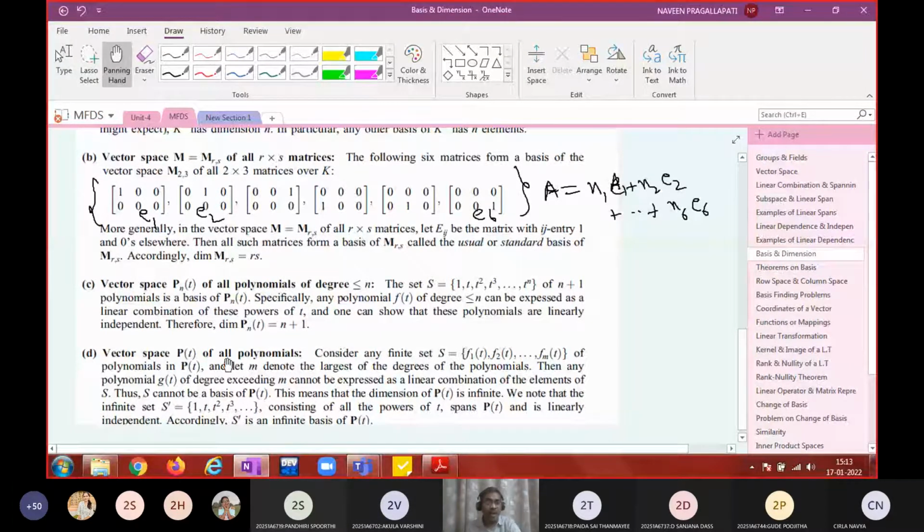If you take the space of all polynomials, that means the degree can be anything: 0, 1, 2, 3, 4, 5, up to 1000 or 1 lakh or anything. The basis elements will obviously be 1, t, t square, t cube, and so on. There is no upper limit for the degree. So you take any polynomial, and it can be expressed as a linear combination of elements of this set. Therefore this generates the set of all polynomials, and all these elements are linearly independent. Therefore, this forms a basis of the set of polynomials, and because this basis contains infinitely many elements, the set of all polynomials is going to form an infinite dimensional space.